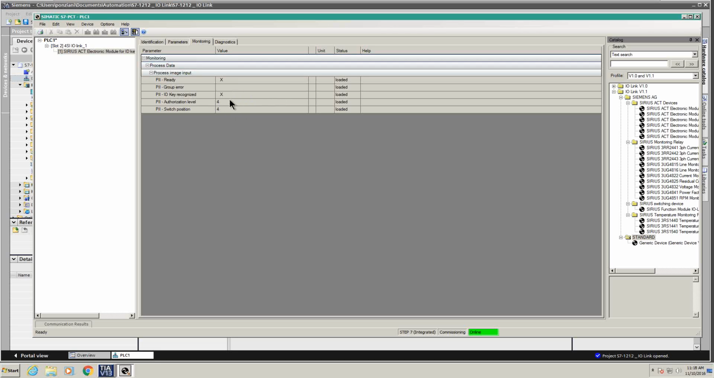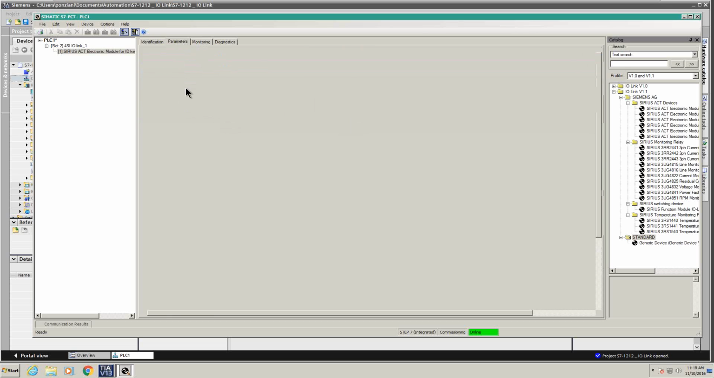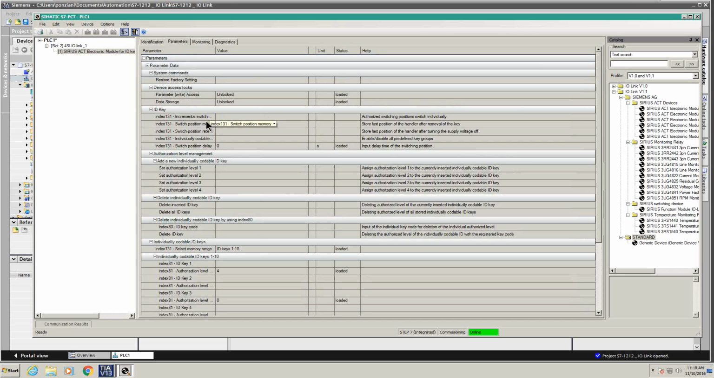So you can make decisions within your PLC without actually physically wiring your outputs from your electronic module into your PLC. When I pull the key switch out, you'll see that our access level goes to 0, but our switch position stayed at 4. And that's because our parameters back here, our switch position retentive